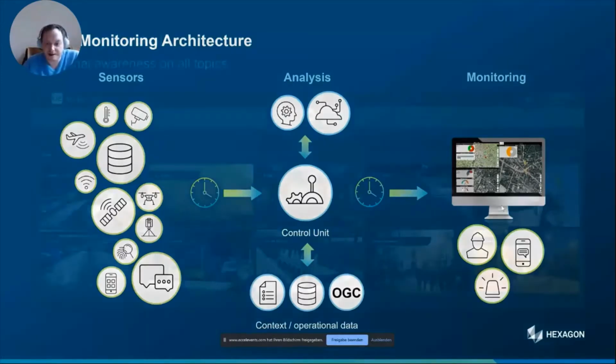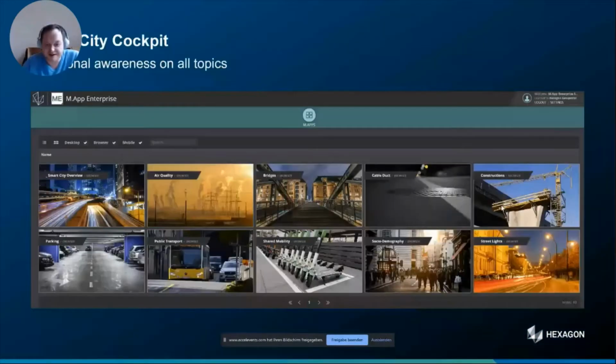From our perspective, we want to make it as easy as possible for our customers in using the software. So we are leaving more and more the space of the GIS specialists. In the end, geographic information should be available for all the different people working inside of the organization.